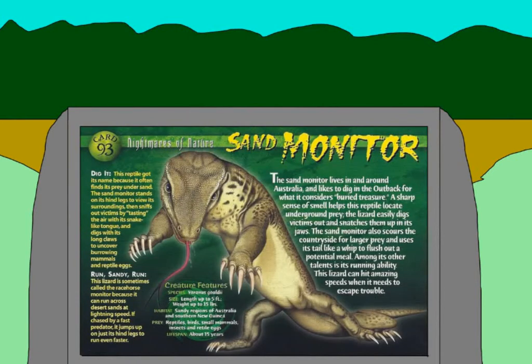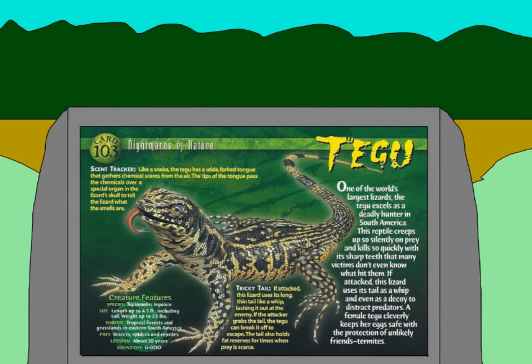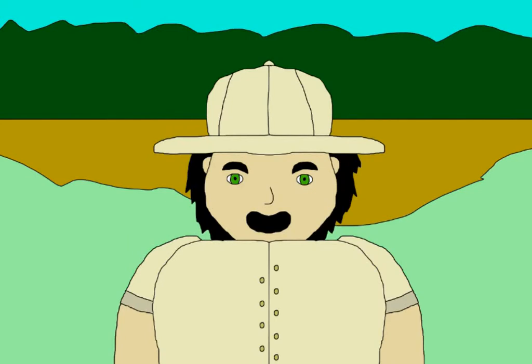Sand Monitor, same thing. Finally, there's the Tigu. Yes, I know this isn't a monitor lizard, but I am not giving this thing its own video. So I'm lumping it in here. And honestly, I don't have much to say here. 10 out of 10. You know, I question why they had so many constrictor snakes, but why do they have so many monitor lizards? Most of them are basically the same animal anyway, so...